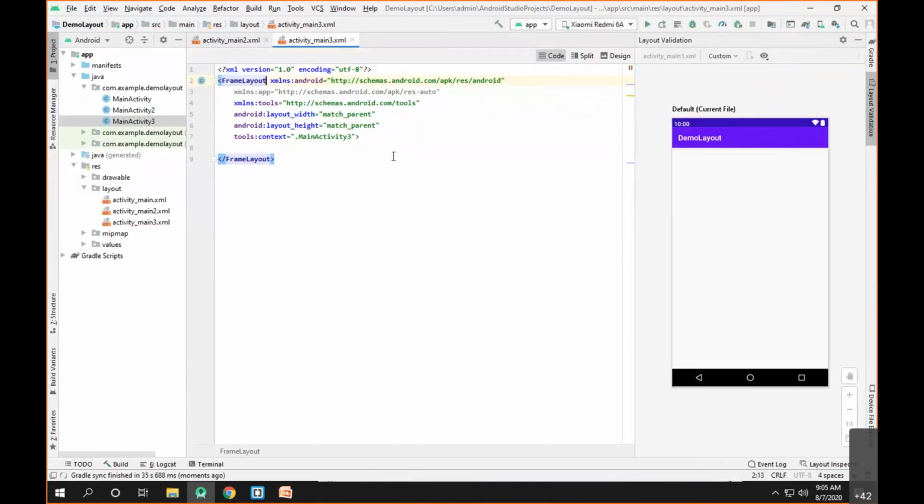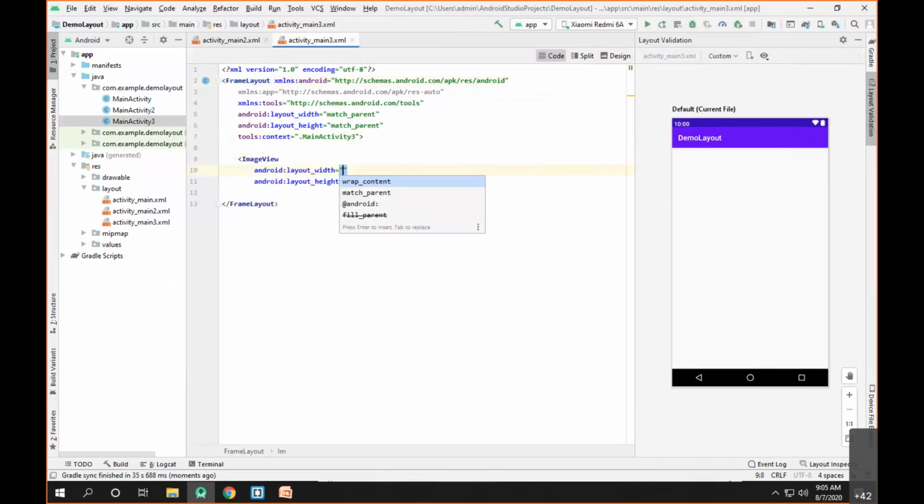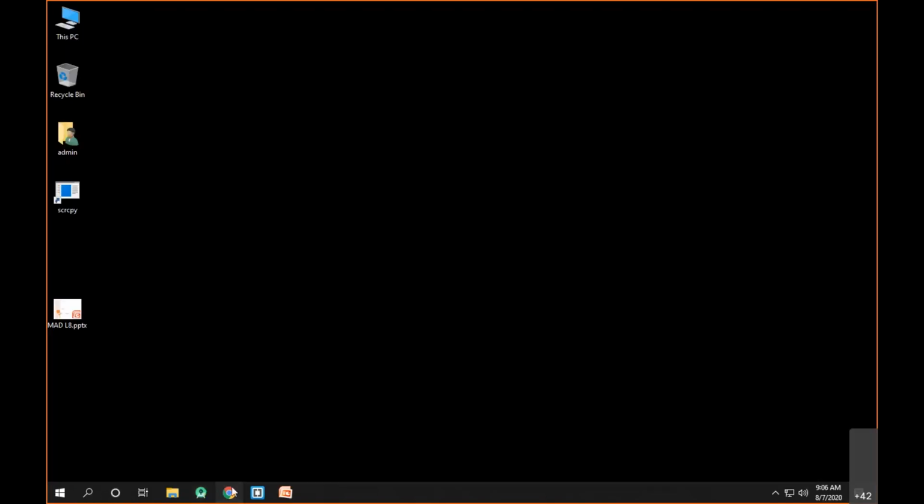Now, in order to understand the frame layout, let's add some component. Let's add a component of type image view. The image view is a component which will consist of an image. So before adding the component, let us download an image.